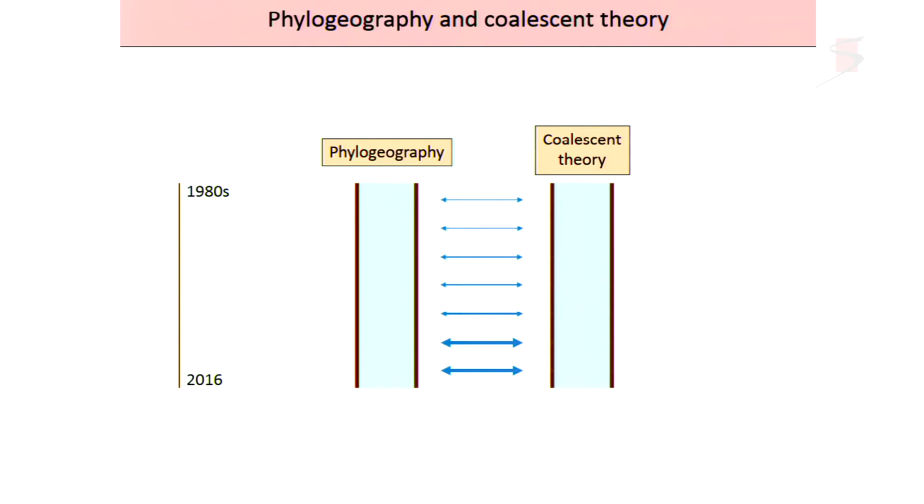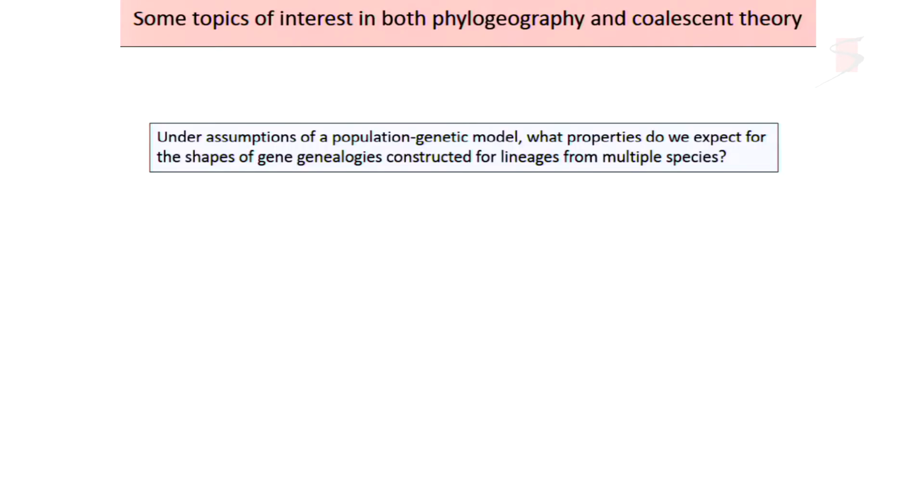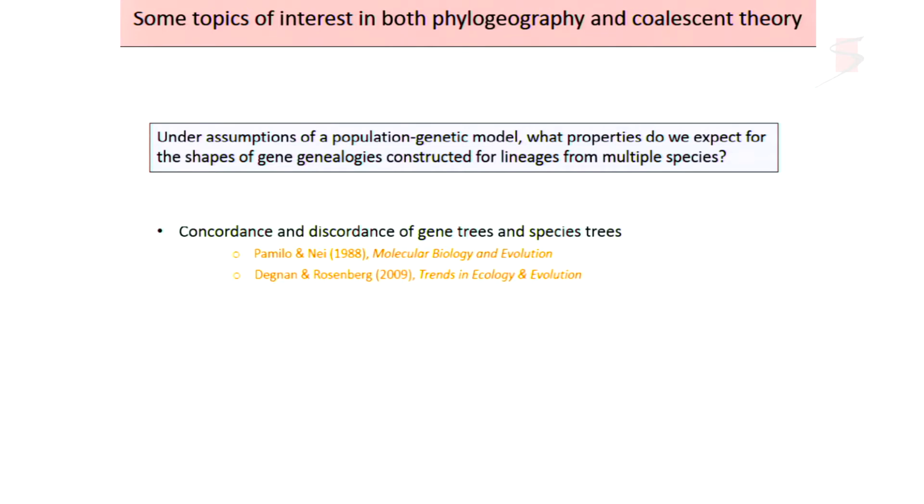One of the areas that has been of interest to me has been a set of questions that have organically developed both in the phylogenetic or phylogeographic world and in the coalescent theory world, structured around this question: under assumptions of a population genetic model, what properties do we expect for shapes of gene genealogies? What properties do we expect in relation to population genetic parameters when we sample gene genealogies for multiple species? A couple of areas that have been of interest to me: the concordance and discordance of gene trees in relation to species trees,